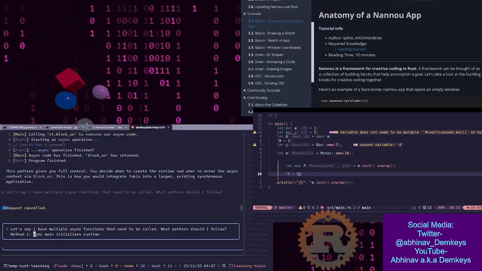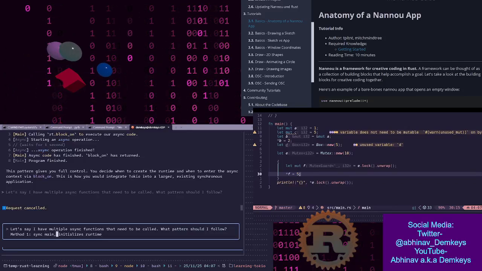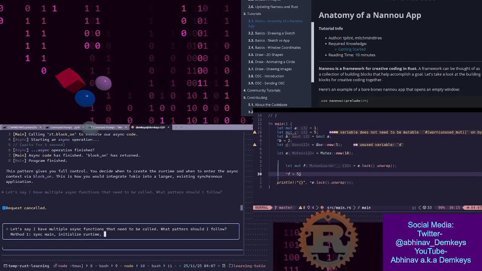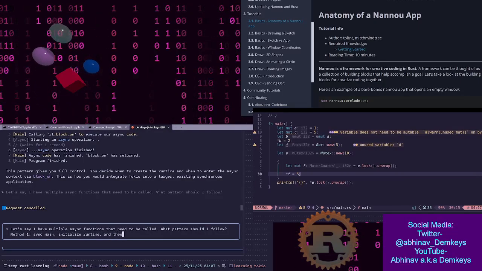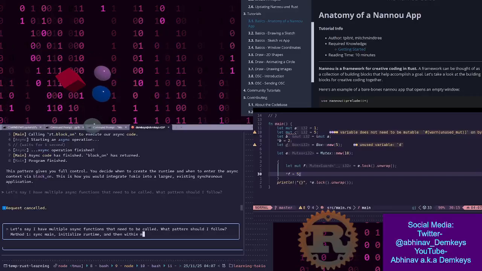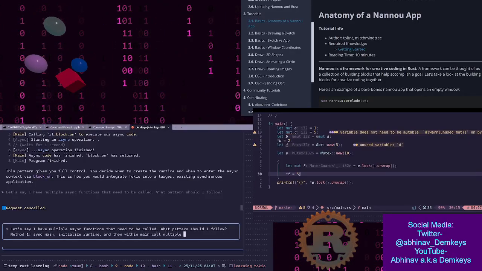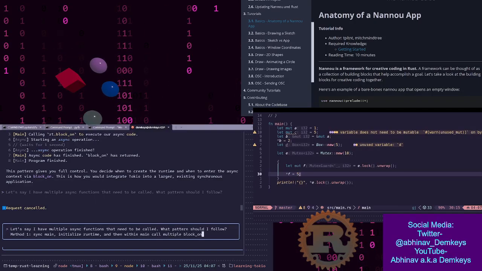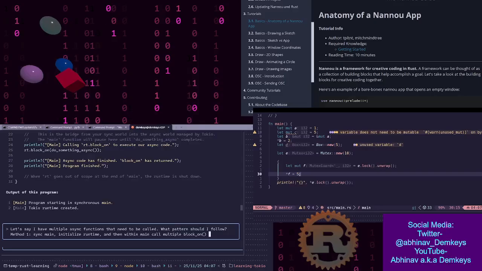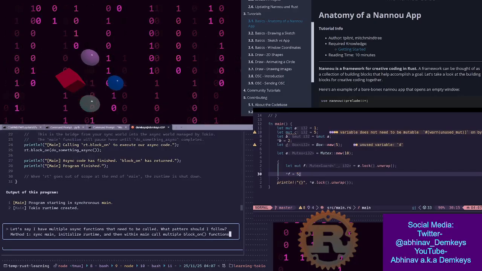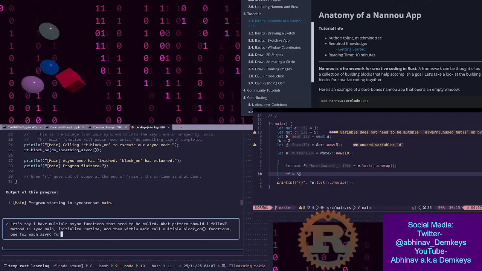How do I say this? Okay, sync main, then initialize runtime, and then within main call multiple block_on. Is that what the function is? Yeah, block_on functions, one for each async function,